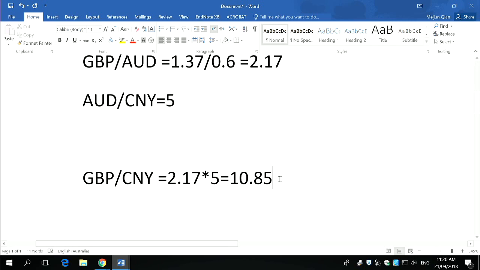Right? So in this case, let's say you have 1 British pound, GBP, and you want to convert to Chinese yuan. What do you do? You multiply by Chinese yuan on both sides, right? This is what you do. And now this is Chinese yuan. That's how you get it. So if you have 1 billion British pounds, you just multiply this rate by 1